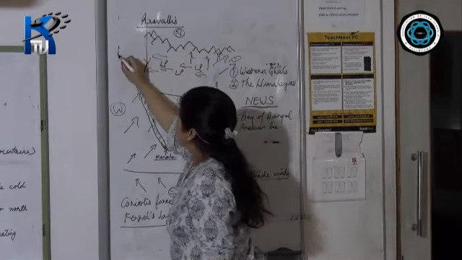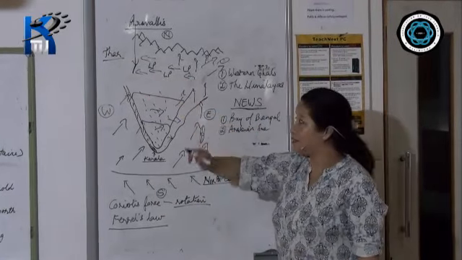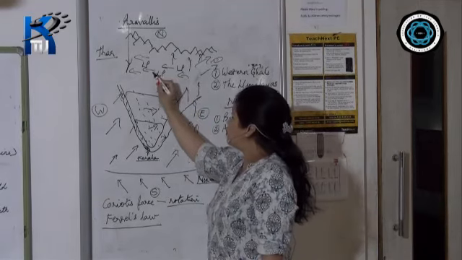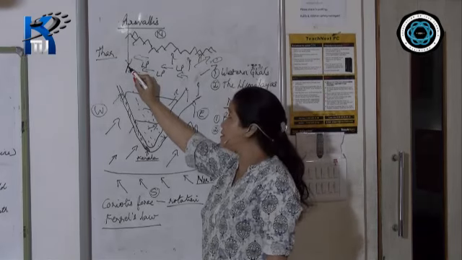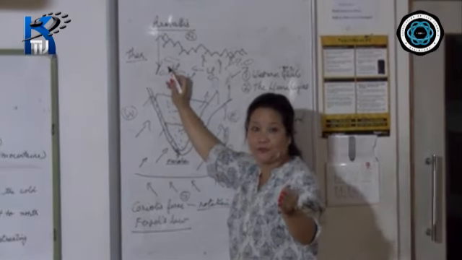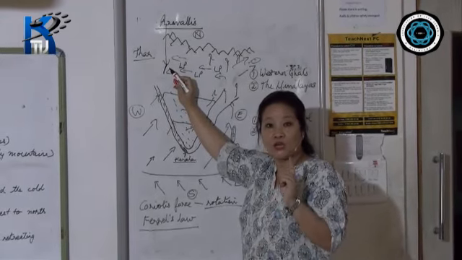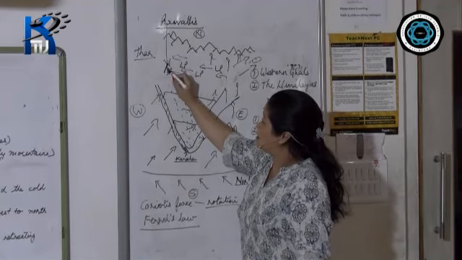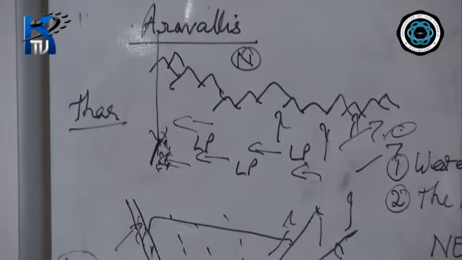Now, why is Thar a desert? Because it does not get rainfall from the Bay of Bengal branch, nor from the Arabian Sea branch. From the Bay of Bengal branch, by the time the winds have deposited all their moisture, they come here. Remember this, children: the Aravalli hills are low in height with a rounded structure, and they are the only old fold mountains. Mark my word, only old fold mountains. A little bit of moisture is deposited on the side that it faces, and the winds cross over and reach the Thar as dry winds.